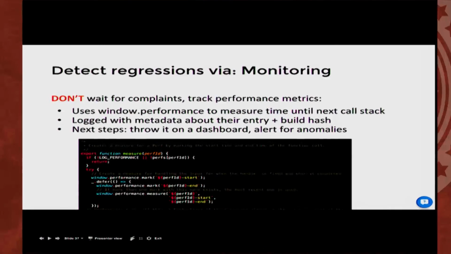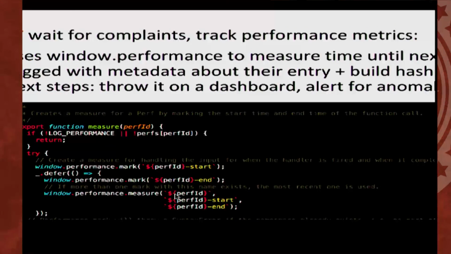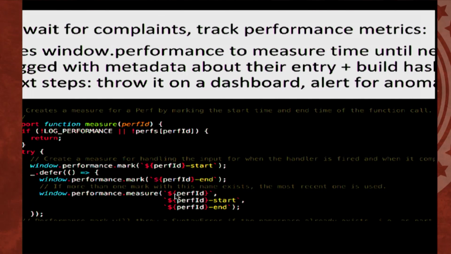So the solution is not to wait for them to complain, but actually add monitoring. And the idea is simple: you take your code path, like hitting a keystroke, and you use some performance metrics to keep track of how that's going. So we just recently added this really simple thing. Can I zoom in? All it does is you call it before you actually do your store update,